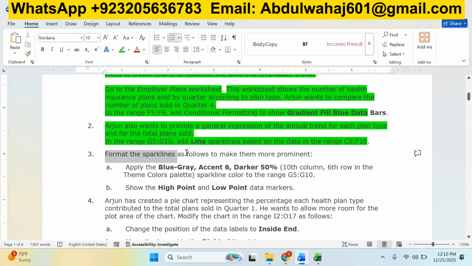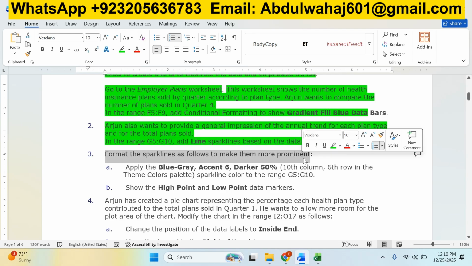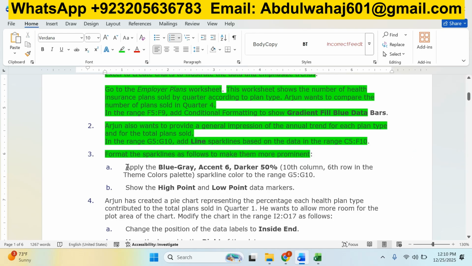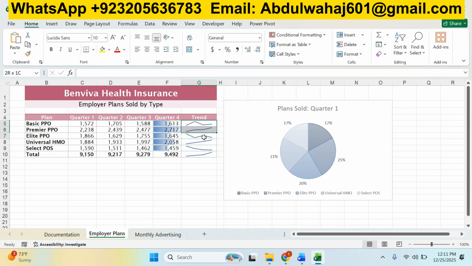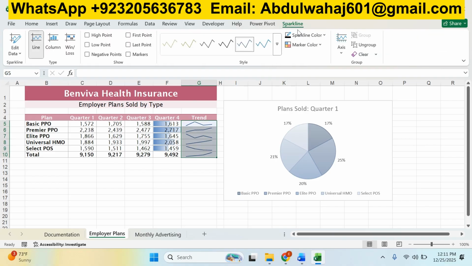Now format the sparklines as follows to make them more prominent. Apply the Blue-Gray, Accent 6, Darker 50% sparkline color to the range G5 to G10. Blue-Gray, Accent 6, 10th column, 6th row. For this, first of all you need to select that sparkline range. When you select the sparkline range, you will see the Sparkline tab appear. Now we will navigate to the sparkline color,